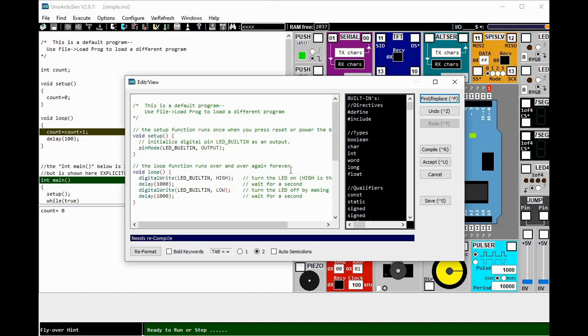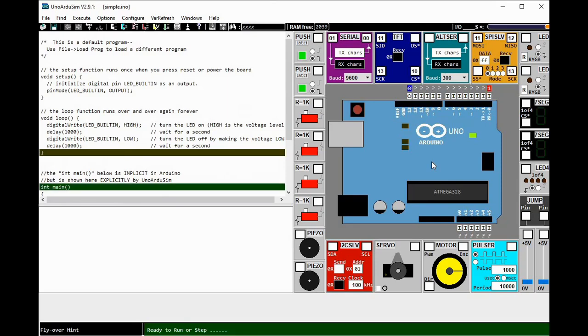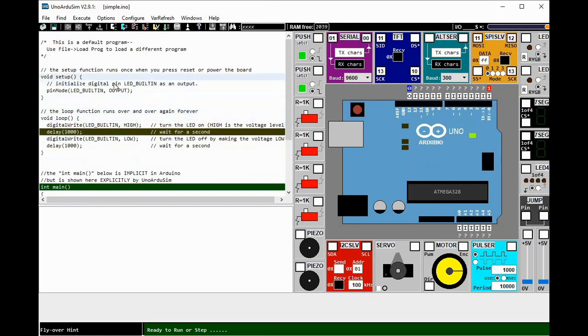If you don't have the Arduino IDE software, just copy this program. This is just a short program. Then you need to accept. Once you were able to accept, you will now be able to see the program listing on your Uno ArduSim